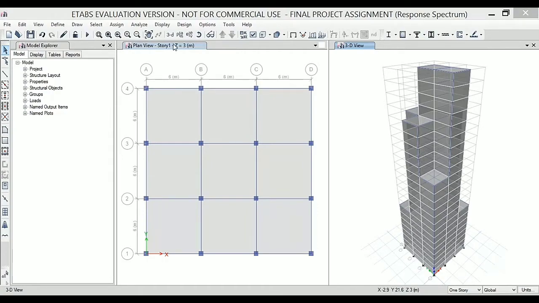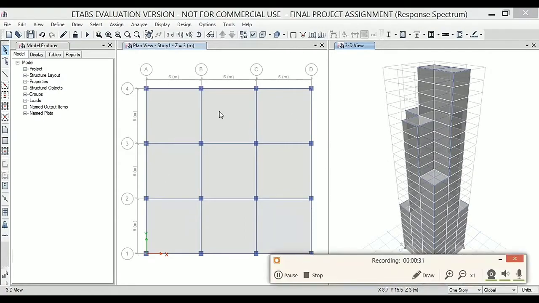After defining the material and section properties, I have carried out the seismic analysis by two methods, that is response factor method and time history analysis method, after which we can study the design of the various members of the G plus 23 story structure. So right now we will carry out the analysis of the seismic resistance structure using response factor method.